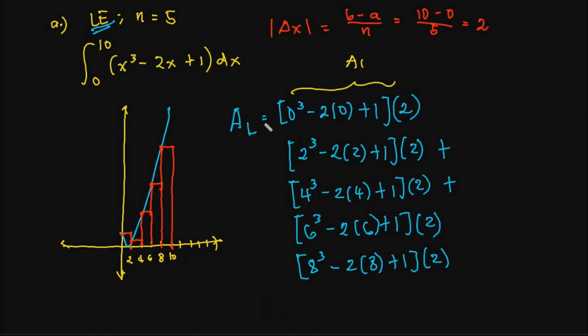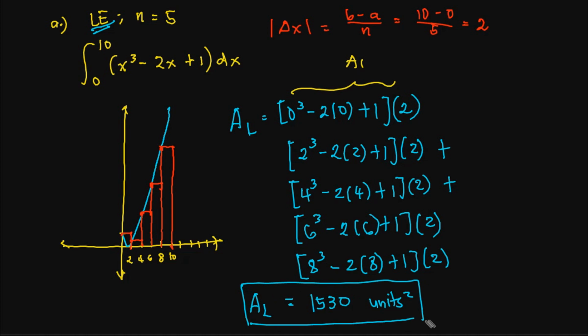Area using the left endpoint. So ganyan na lang. Area using the left endpoint is equal to 1,530, that is units squared. Okay? So this is your final answer for this problem. Okay? So hopefully nasundan niyo 'yun, no? So that is just simply